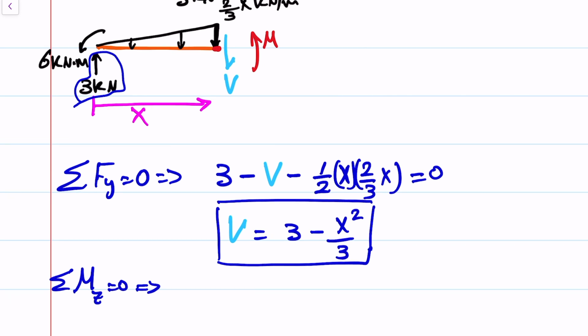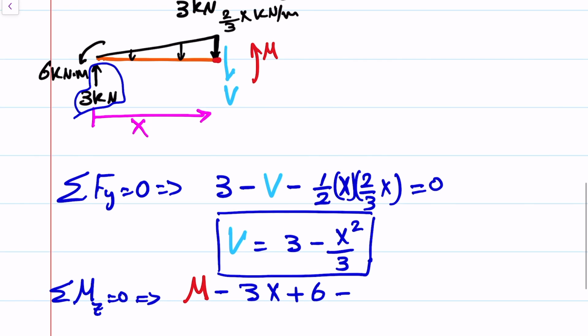Okay, so we have M, and then we have the 3 kilonewton, and this is negative 3x, and we have positive 6 kilonewton meter, and we have negative, the distributed load is 2